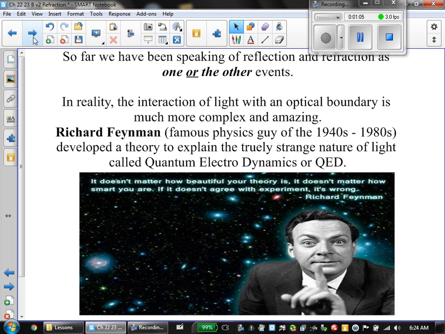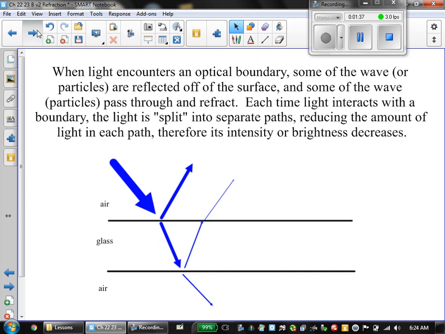Richard Feynman, a really interesting physicist in the mid-40s and beyond, figured out what light really is, and there's something called quantum electrodynamics. We have a very basic behavior of light in physics 1 and physics 2. We treat it like a wave, sometimes like a particle. Feynman treated it correctly and talked about some really bizarre behaviors of light. If you find some of this interesting, he has a book called QED, which is really fascinating. But anyway, now a couple things that we need to understand. This will be important partially for this chapter, but really later when we study quantum.